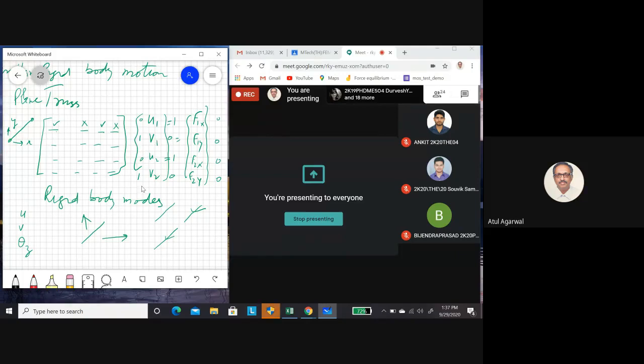So this is fine. Now, what is the other rigid body motion possible? You have done pure translation, pure rotation. So how will you handle pure rotation? Solve it. What boundary conditions will you give for pure rotation? What value of displacement variables will you give to make it a pure rotation?